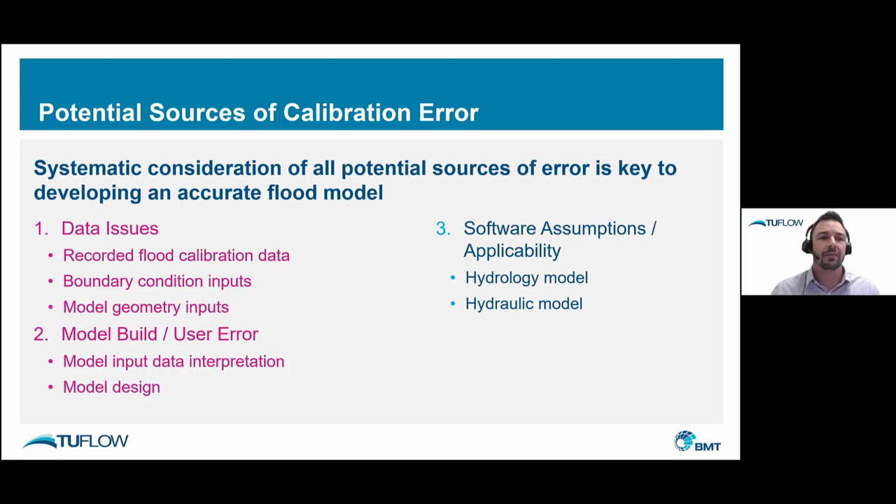I'm going to focus on the two on the left. By doing so, I'm maintaining a bit of an agnostic approach, because there are so many different software out there that if I start pointing out differences in different schemes, it would take up a lot more than 1 hour, I'll tell you that much. What I can say though is I've been through 5 of these AWS webinars to date where I've either been presenting or in the chat line behind the scenes. And each time someone has asked the question, does TUFLOW produce the same result as HEC-RAS, because they both have a subgrid sampled topography approach? And the short answer to that is no, they don't.